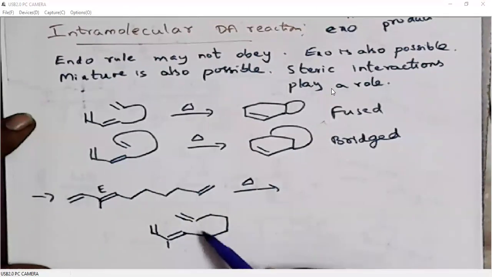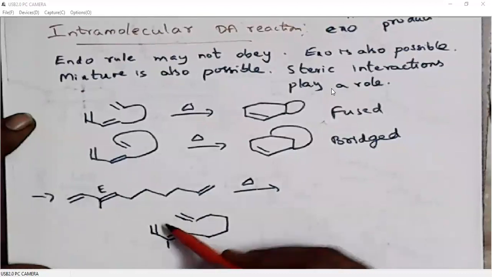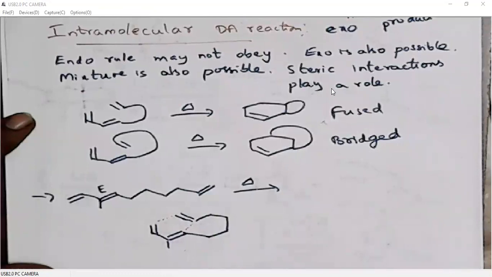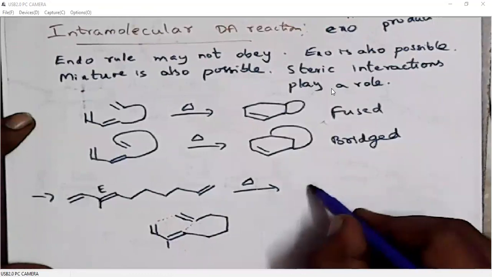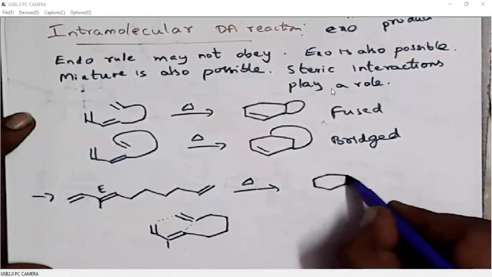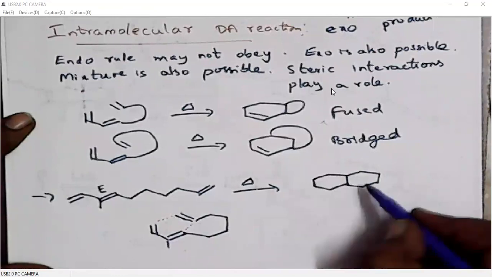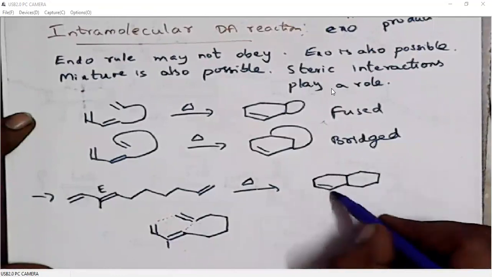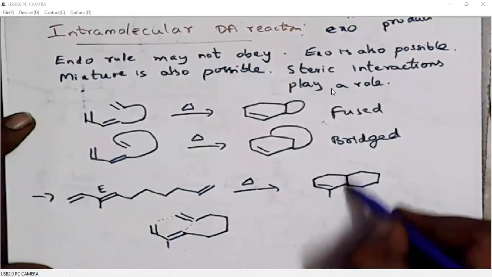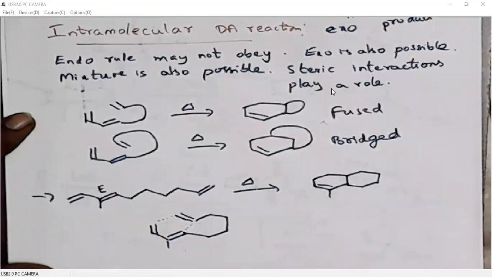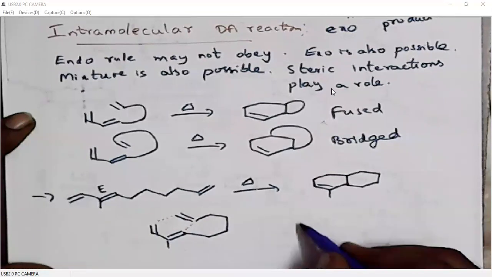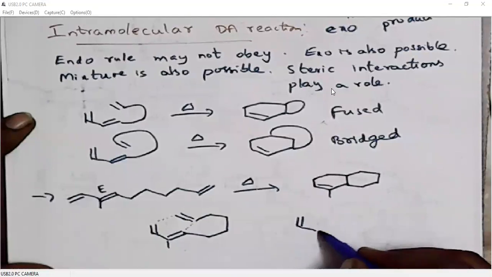This transition state is okay. So these two will undergo bond formation. When we write the product based on this, we get two six-membered rings fused together. We have a double bond here, and a methyl group. Then what is the stereochemistry around this ring fusion? To better understand this, I'm redrawing it. But from this also we can clearly say this.